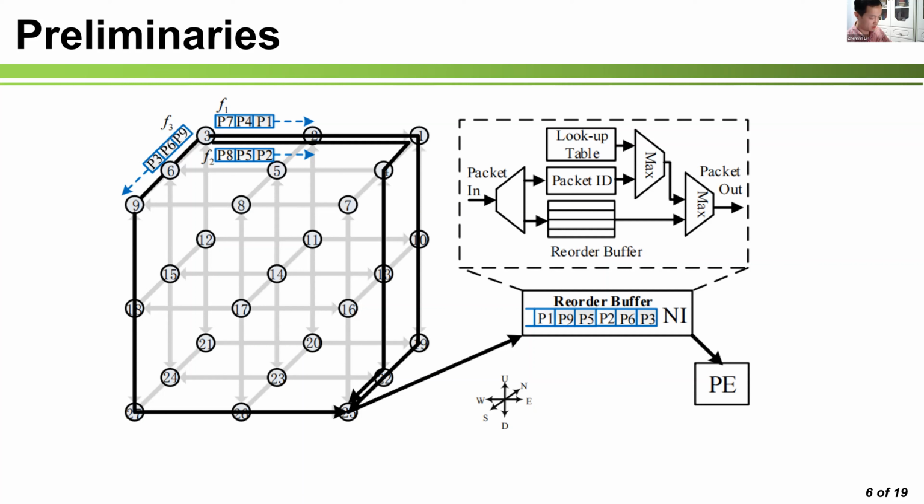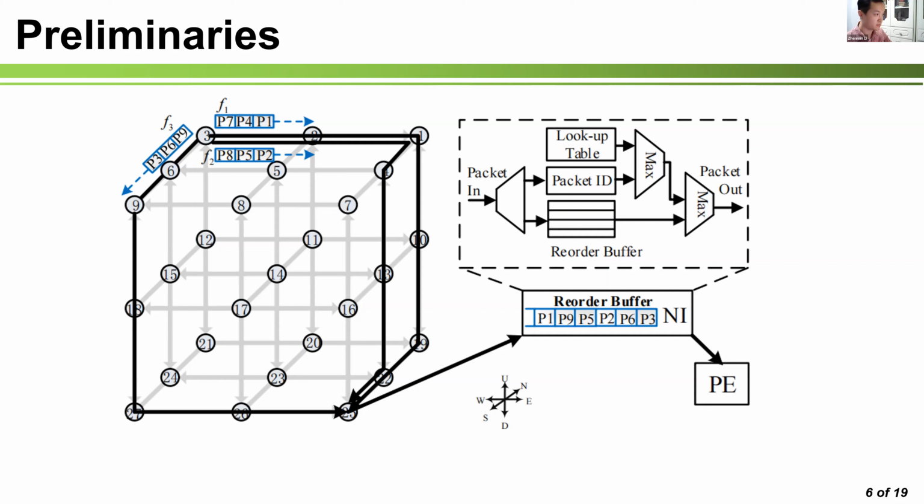Each router is connected to a local component, typically a processing element, through a network interface. The reorder module is located within the network interface, which is responsible for reordering the packets in an orderly manner before forwarding them to the local PE. Therefore, the PEs are ignorant about the reordering procedure, so that the modularity and scalability of the 3D NoC architecture can